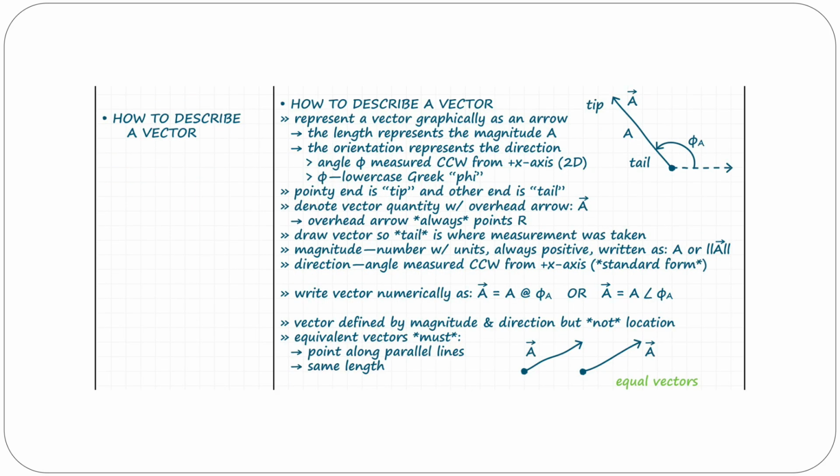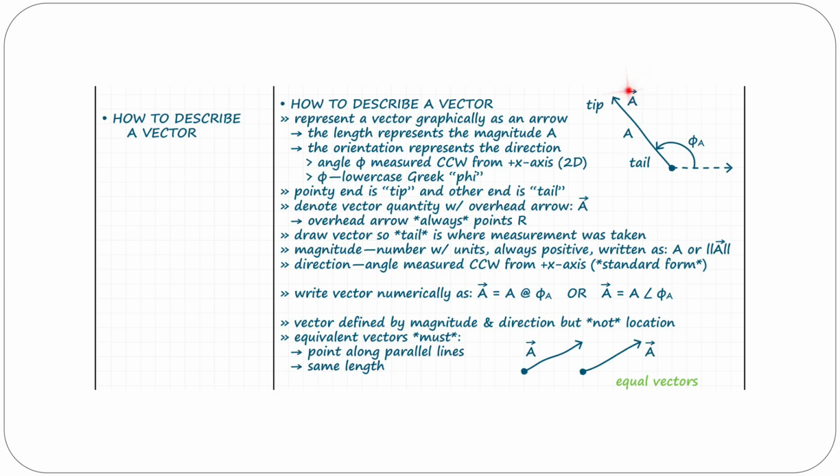When we are describing a vector, there's a couple of different ways that we can do it. We oftentimes want to represent a vector graphically when we're drawing a picture and trying to understand what's going on. A vector has to have a magnitude and a direction, and so we can describe the vector as an arrow. The length of the arrow represents the magnitude. So if I have a vector A,